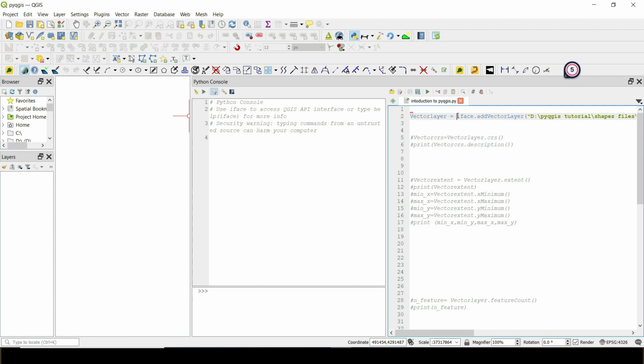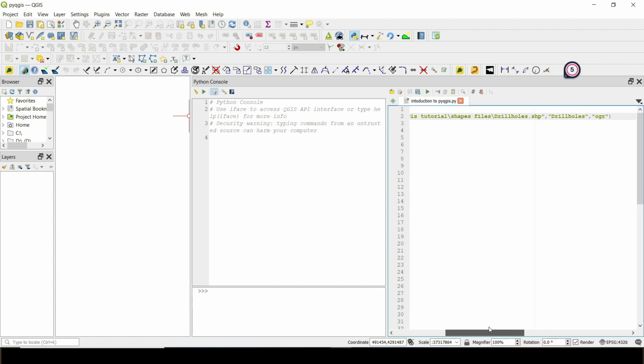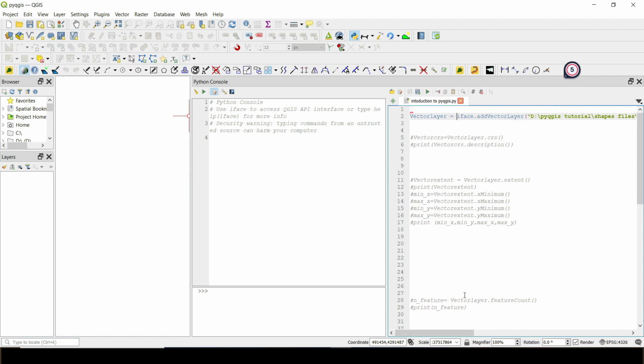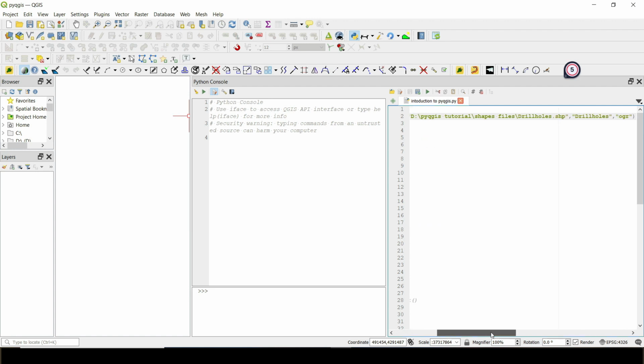and then assign to that variable that we've created. You can memorize this one, it's iface, and then you do addVectorLayer, and then you pass in the path and the name of that shapefile. So we all know that a shapefile is made up of 4 different files that all together make up just one shapefile, but we're interested in the file extension .shp, the same way you import them in your QGIS or your favorite GIS software. We just import the SHP file and it's going to load in the software. Then you specify the name of that